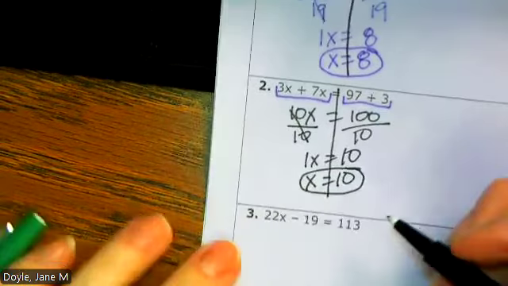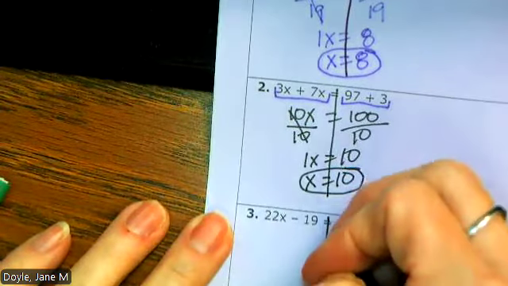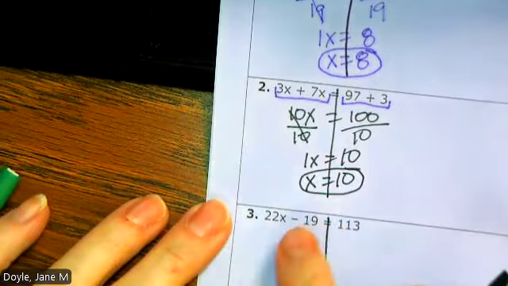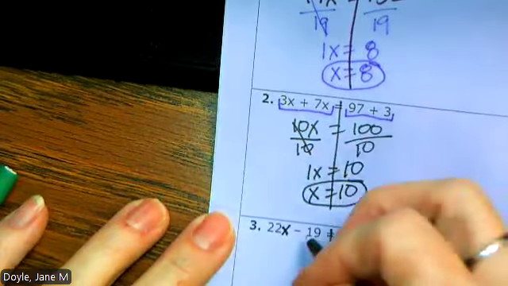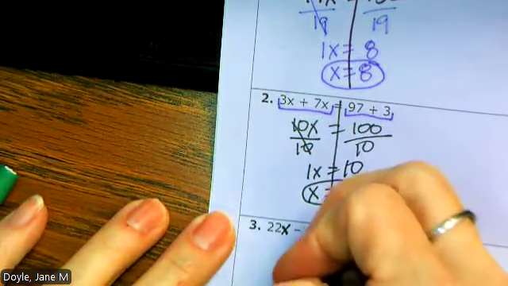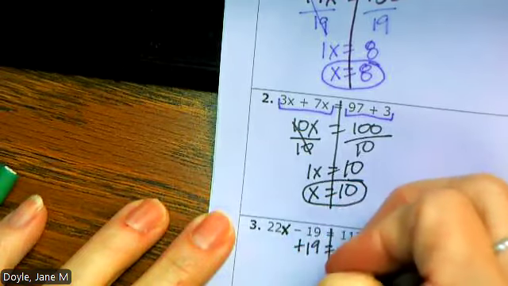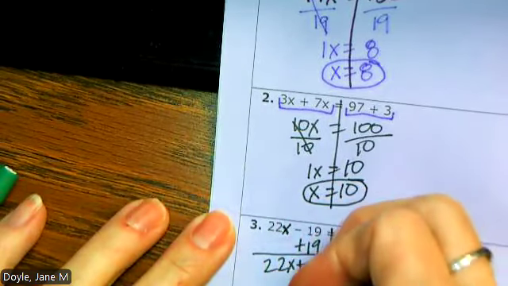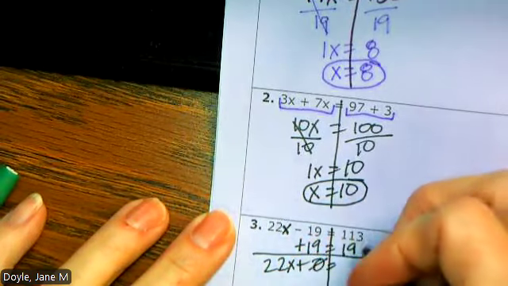Number 3 is a basic 2-step equation. There are no parentheses, no like terms. We don't have variables on both sides. Are we adding or subtracting something to the variable? The variable is the x, and we are subtracting 19. To zero that out, we need to add 19. If we do it to one side, we have to do it to the other, which gives us 22x plus the 19 zeros out is equal to